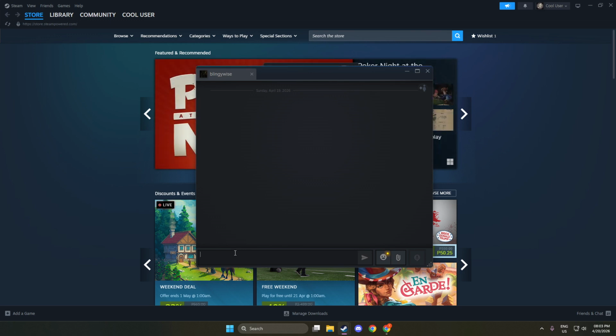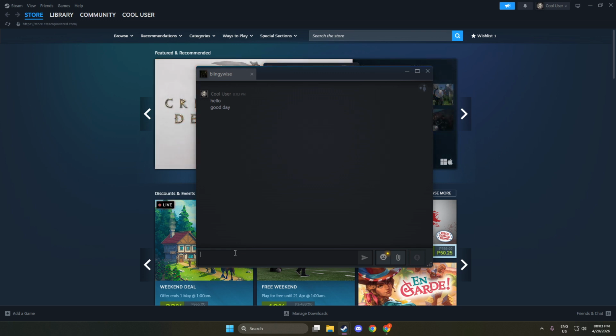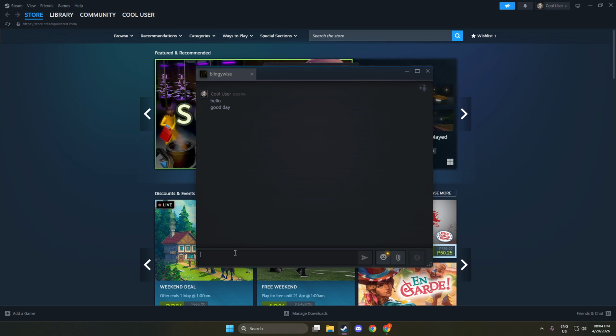Next, start a chat with a friend. Open your friends list within this window to see everyone you've added on Steam. The list can be scrolled, and there's a search field at the top if you have a lot of contacts. Find the person you want to talk to and click their name. The moment you do, a chat box opens automatically. You'll usually see the friend's avatar, their current status, and the conversation area ready for your message.